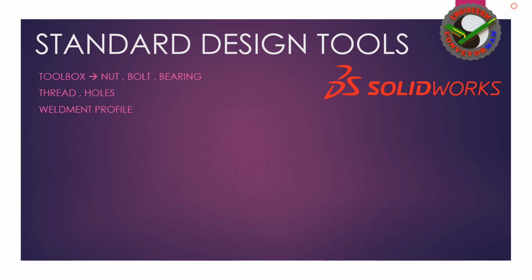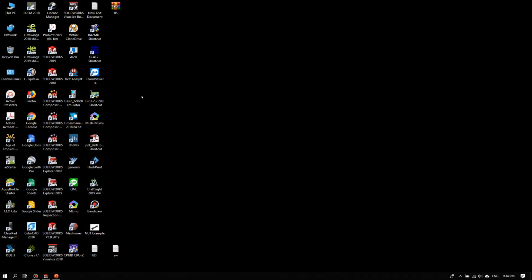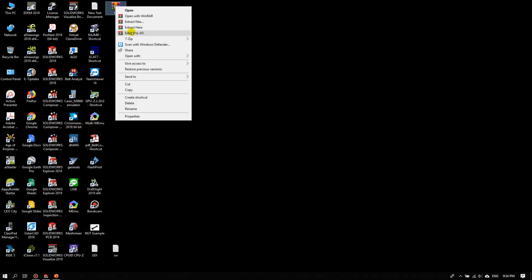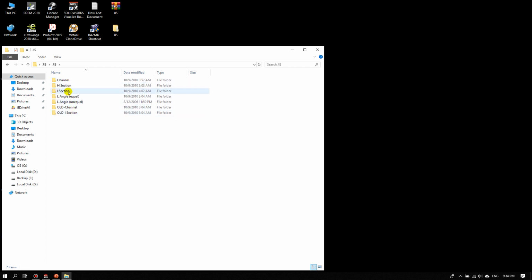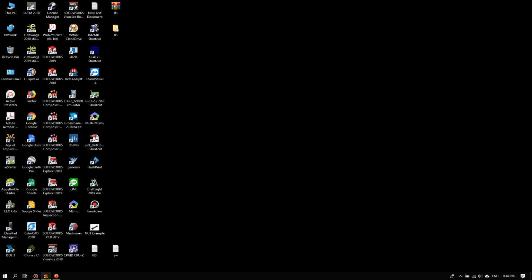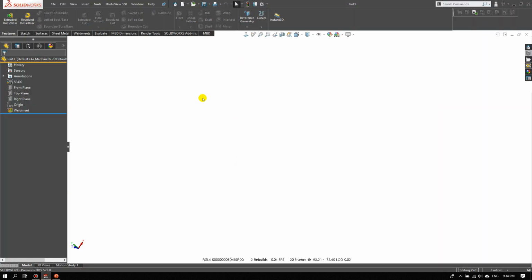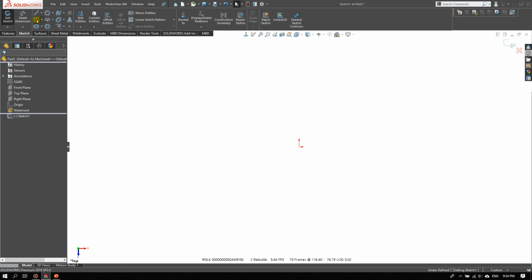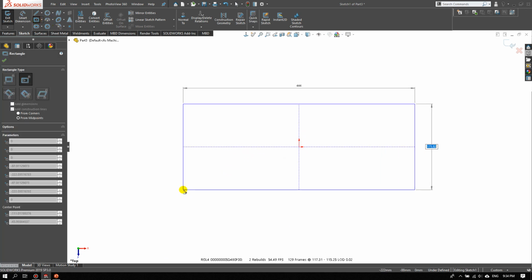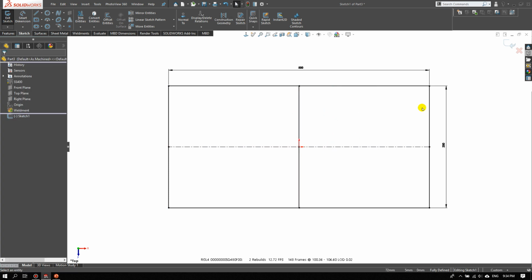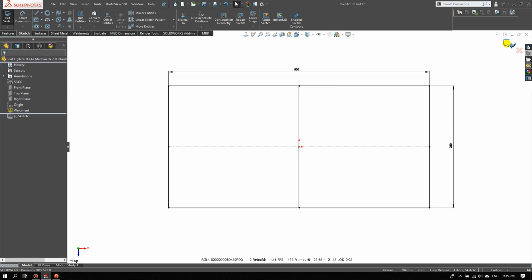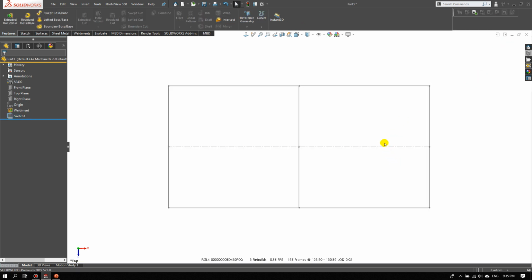After finish download, you can go to your folder and extract file. This is the standard weldment profile. Go to the SolidWorks and make the sketch. I select the top plane and make the sketch rectangular about this and click exit sketch, and then go to